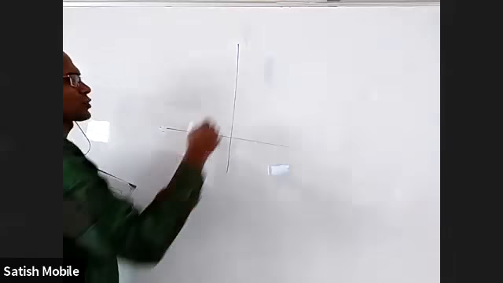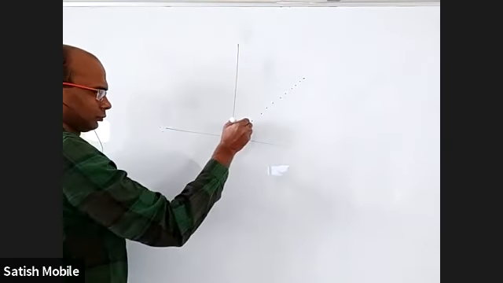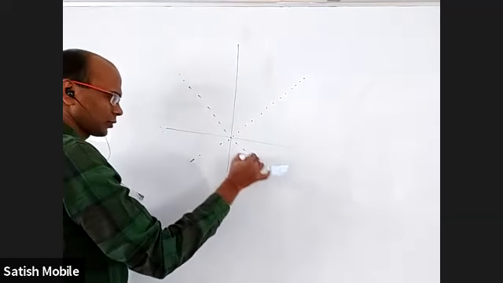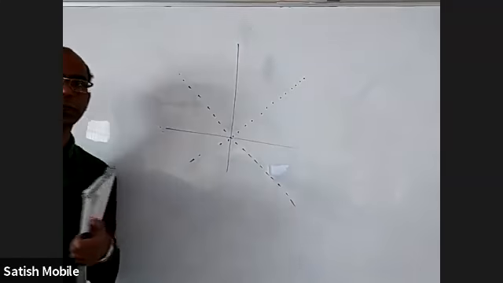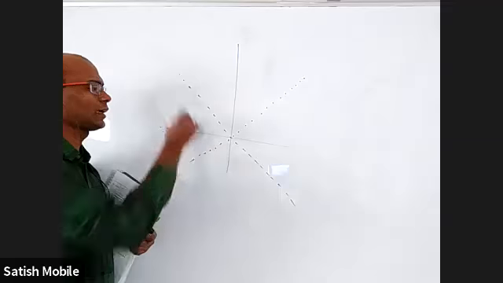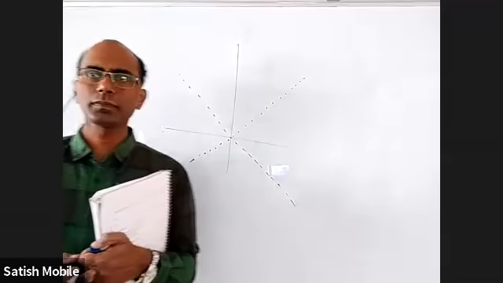The graph of this function: whenever x is rational, it is x. And whenever x is irrational, it is minus x. Okay. The graph will be a lot of dotted line of y equal to x, dotted line of y equal to minus x. But frankly, we cannot draw this graph. Why?